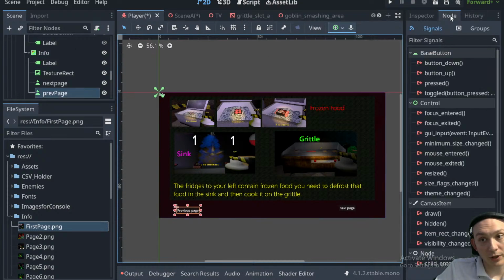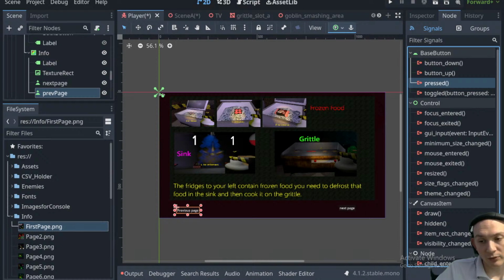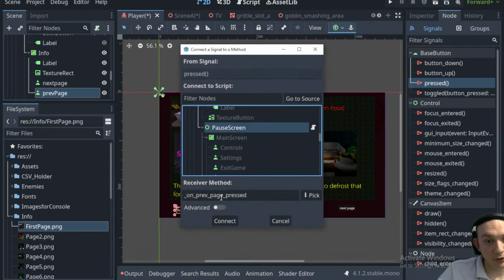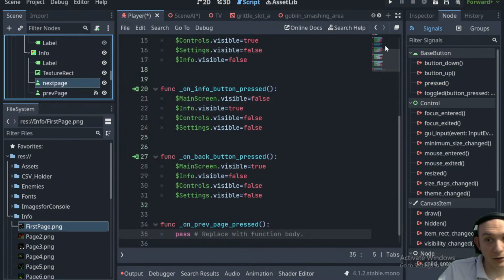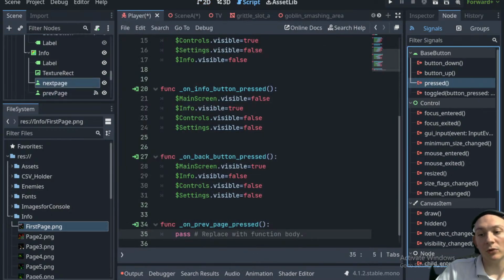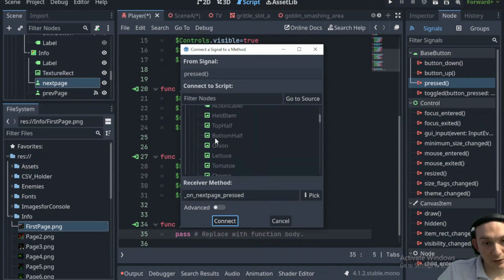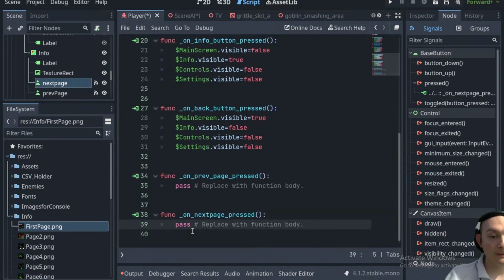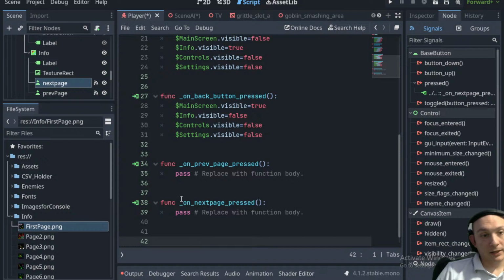And we'll go ahead and hook those up. So we'll say press, connect, and we'll connect them to the pause screen. Connect and press, connect, pause screen, connect. Okay. Now what? Now we want to